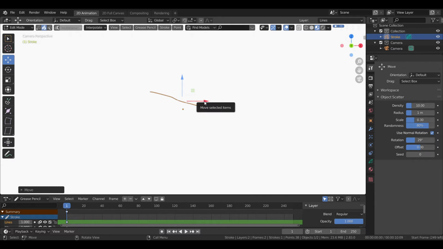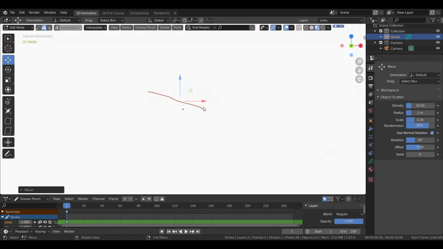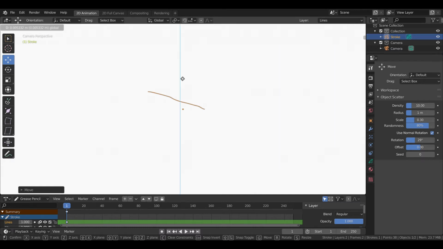When we press this red arrow, then we could only move the stroke left or right only. But when we click on this blue arrow that is pointing up, we could only go up or down.